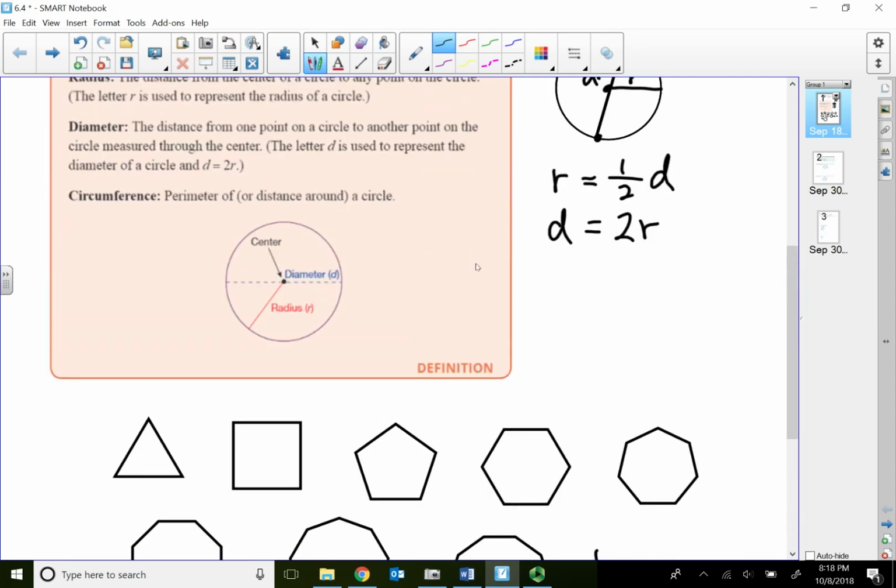Go ahead and write this down. For the circumference of a circle, we use the letter C for circumference. To find it, we always use pi times diameter. We will formally introduce the number pi. Most of the time, students think pi is equal to 3.14. It's actually